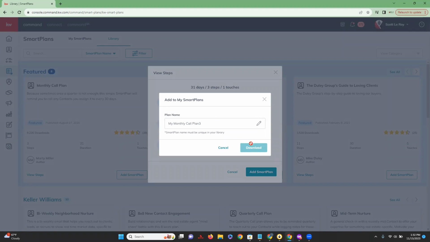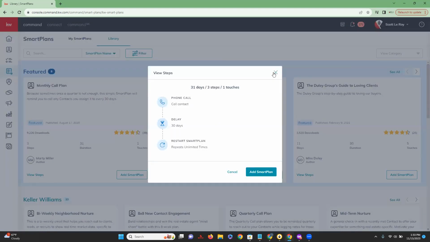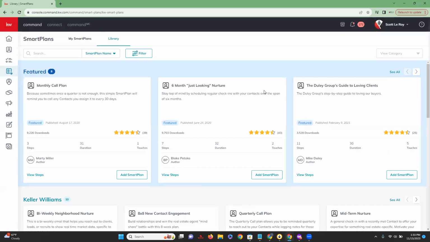I think we already have this one in our library, which is why we cannot re-add it again. But then you'll just hit download and it will put it into your library. You do also have a search feature as well. So if you wanted to